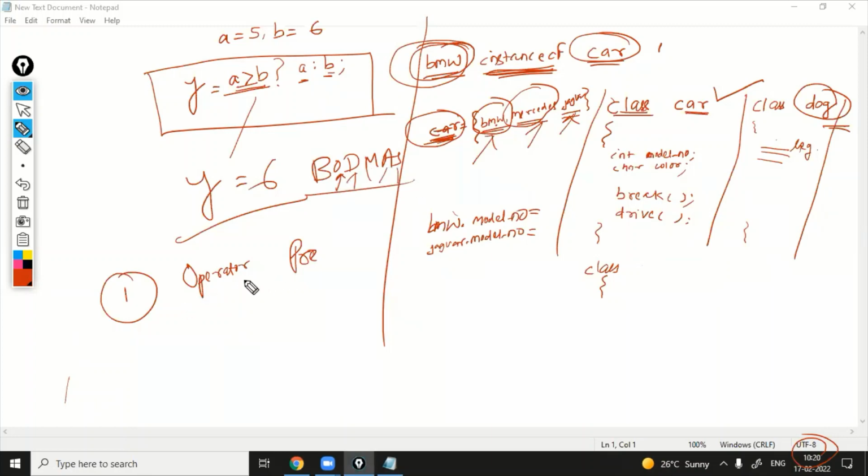Like this, in C programming and Java, which operator gets more priority than another operator? You can find it in the book. Please study it, because when you have many operators, you should know which operator is performed first. This is the task for all of you.